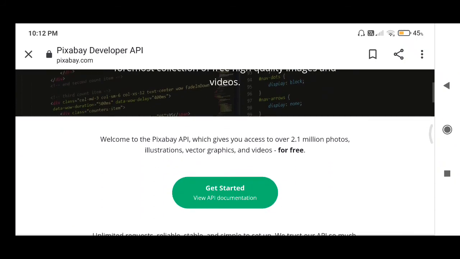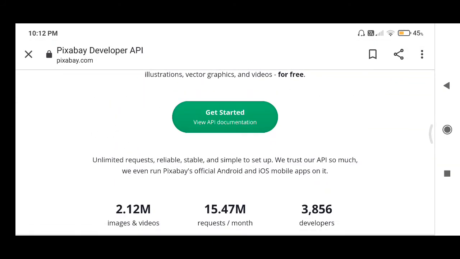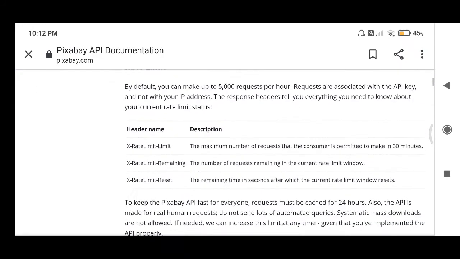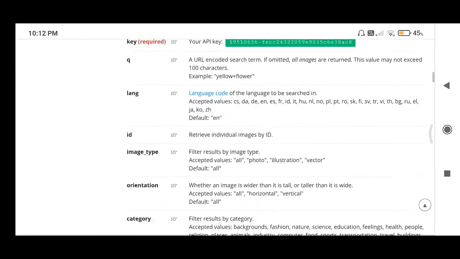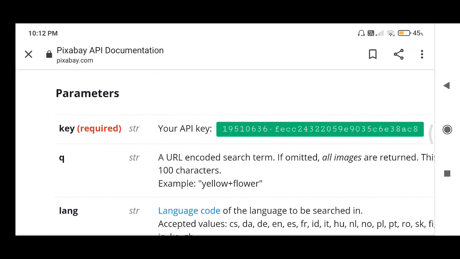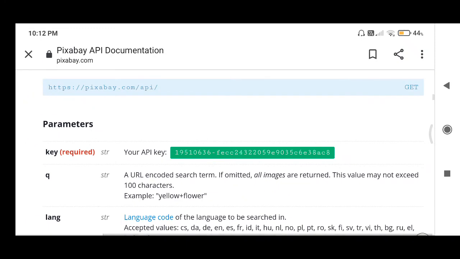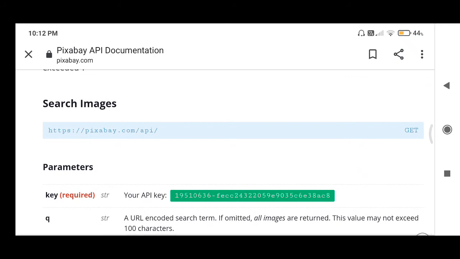In this API section we have to click the get started button, and here is our API key. By joining Pixabay we generate our API key. So here is our API key. With this we are going to build our application in the next video.